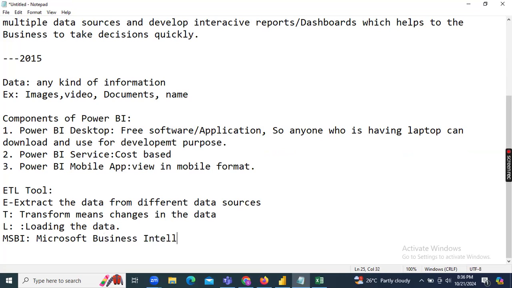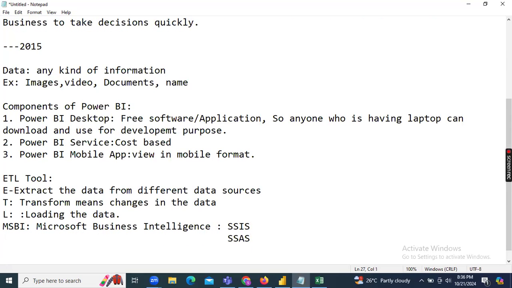It contains three components, guys. Power BI is one single component, but in the traditional days we had MSBI, which contains three components. Those are SSIS, SSAS, and SSRS. I will tell you one by one.